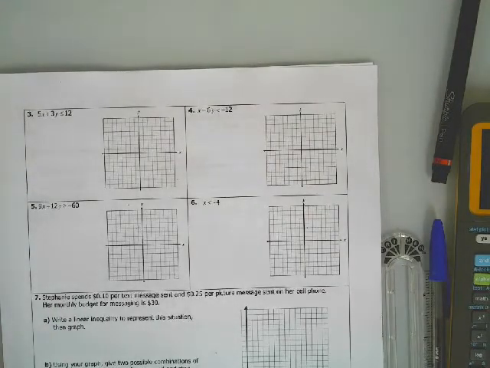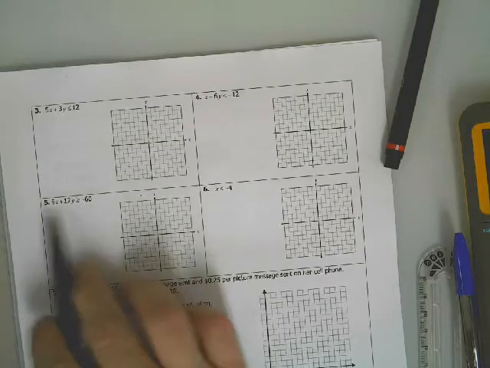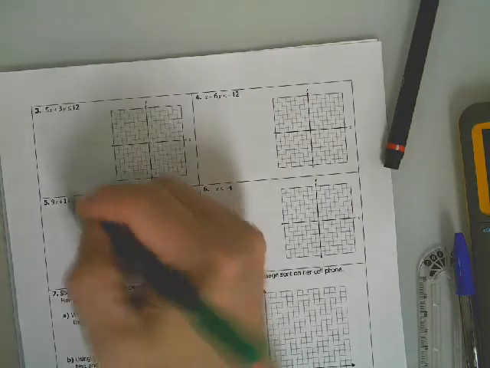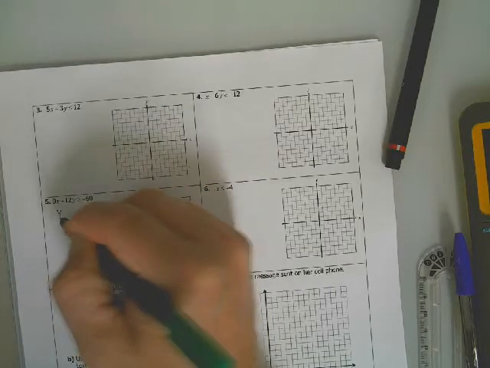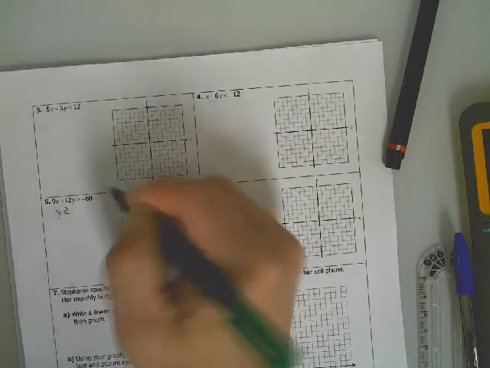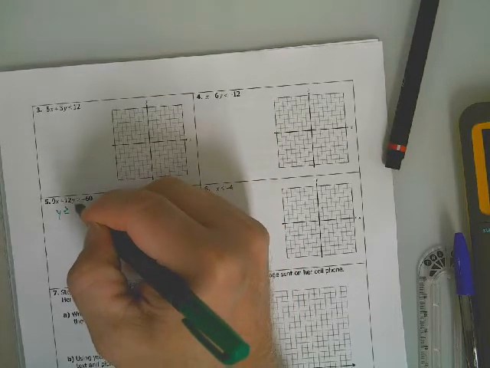Let's skip 3 and 4. Those are standard form. Let's look at 5 and 6. We need to first put it in y-intercept form. I'm going to subtract 9x from both sides and then divide by 12. If I do that, y is greater than or equal to -9 divided by 12